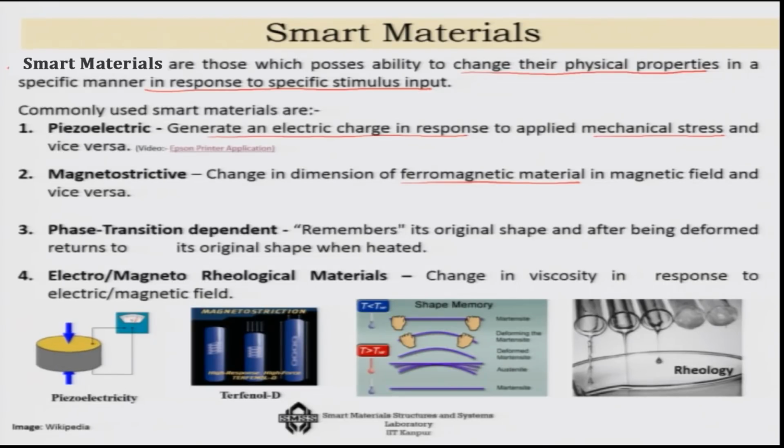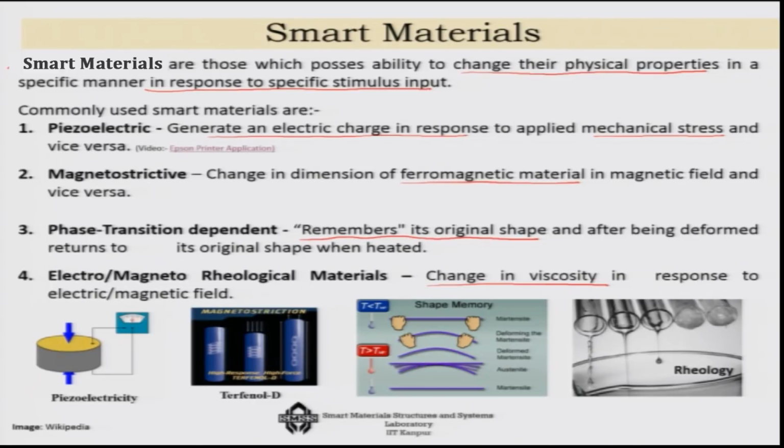There are some materials, like phase transition dependent materials such as shape memory alloys, that can actually remember their original shape, and after being deformed they would return to their original shape. I will show you in this course how in our laboratory we use this shape memory material for actuating different systems. Now, there is another material, the electromagnetorheological material I told you about, which actually changes its viscosity